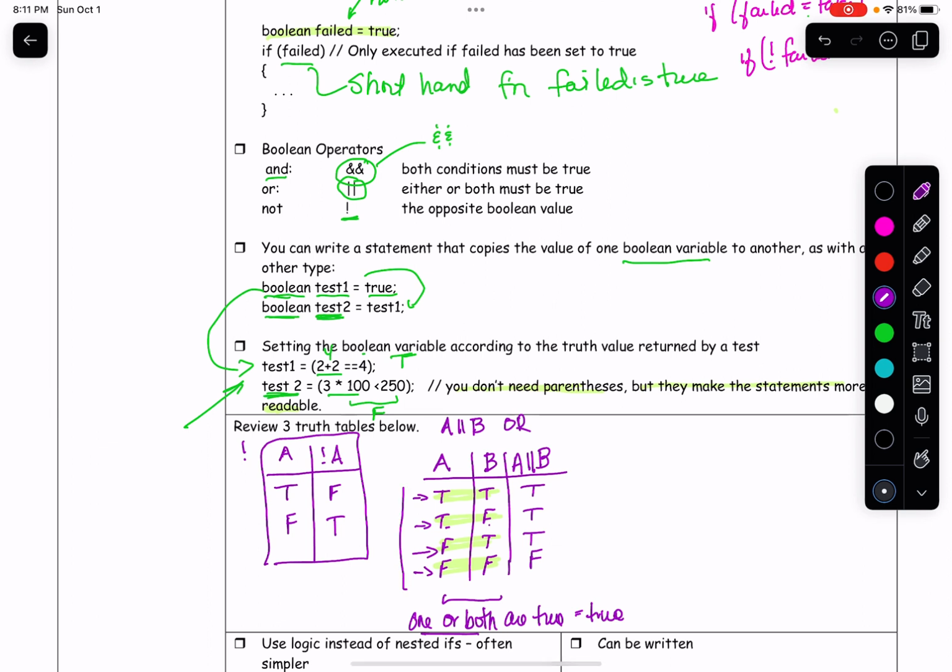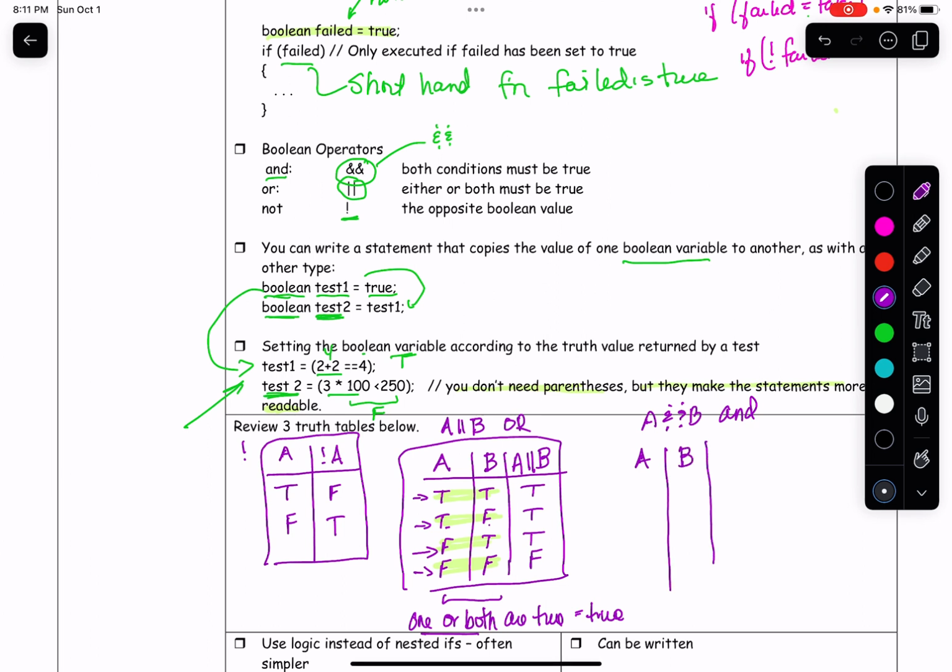And the third one is A and B. Okay, it's an and. So we set up the same way, A, B, and now this time we have A and B. Okay, and we are going to set it up the same way, all possibilities, true, true, false, false, true, false, true, false. And then the rule for or was one or both, the rule for and is both must be true